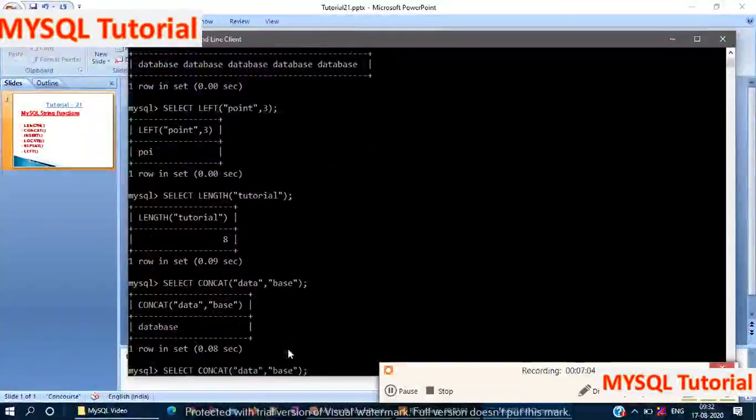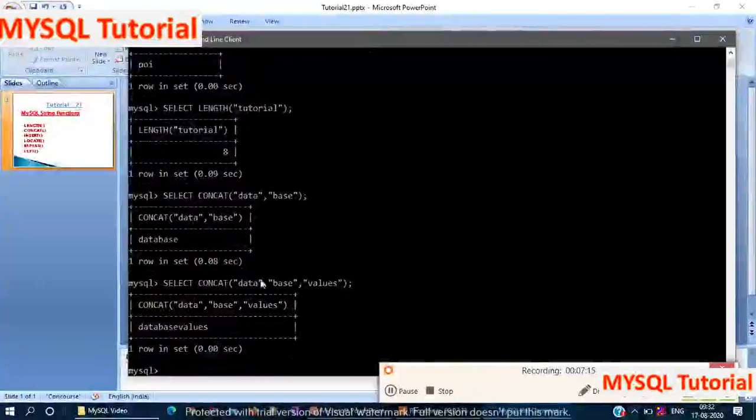Again we take another example. Here you can see the first string is data, the second string is base, and the third string is values. It combines two or more than two strings, and we got